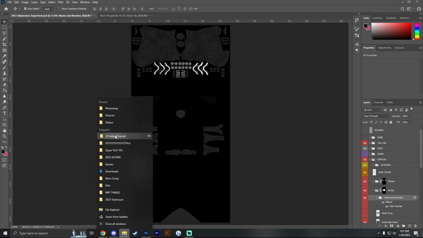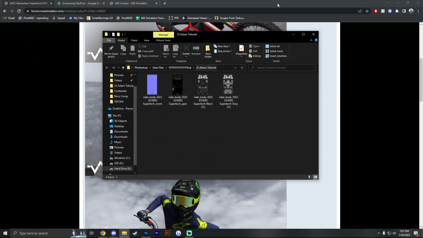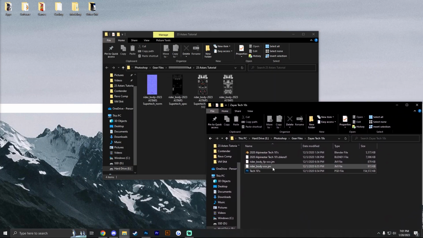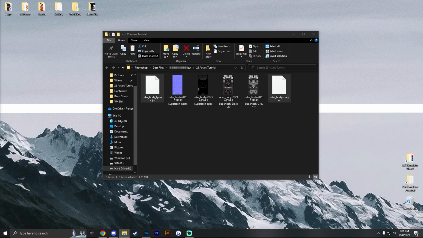So let me go ahead and find this folder. I'll bring it up here. And for whatever boots you're using, you're going to use those JMs. So I will just grab the JMs out of here, copy and paste those, slide this back out of the way, and now I'm just going to rename the same thing and do 2023